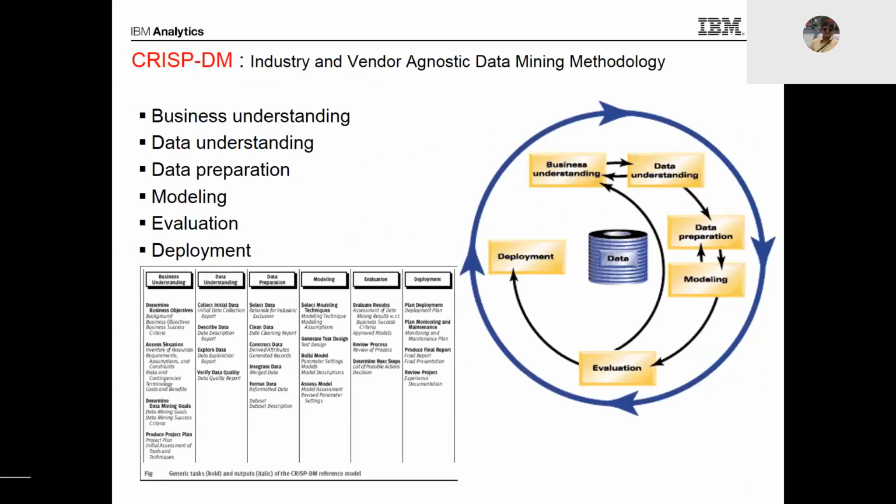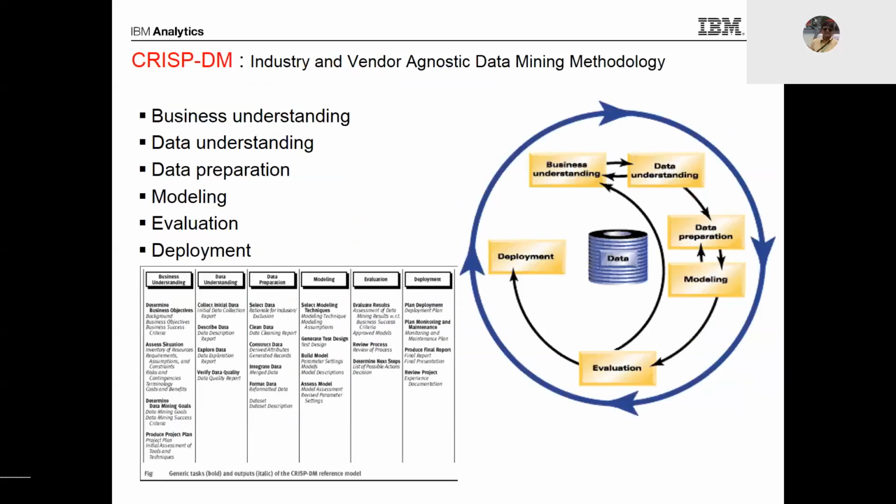And then in the data understanding phase, we look at the data and see if there is certain kind of gap, and if the data that is being captured is good enough to explain the variability in the business outcome that we want to predict, and so on and so forth, right? And if it is good enough, we get started. If there is a gap, we go back to our system of record, fix that, and start capturing those things, right? And then data preparation is one of the most important phases in predictive analytics